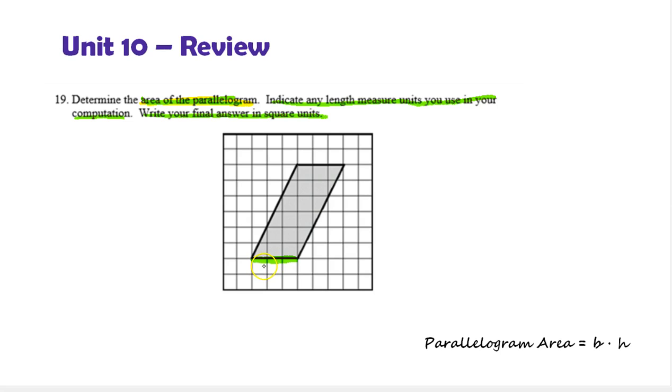Notice this distance is 1, 2, 3. Now the height is not the length of the side, but the distance from the bottom base to the top base that's perpendicular. By perpendicular, that means you need to go straight up. Let me use red. It's easier to do right here. If I go straight up to the other base, this is the height, this distance, which is 1, 2, 3, 4, 5, 6. Okay. So my area,